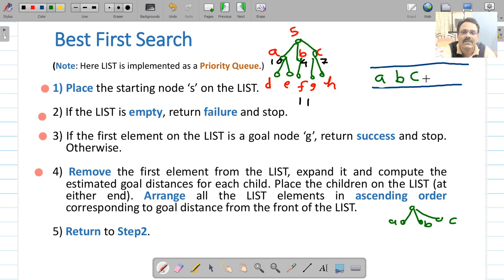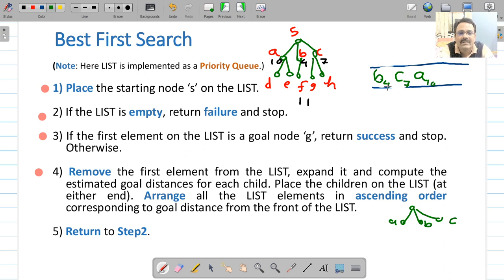So you will have nodes A, B, C along with their costs, and then you are going to arrange them according to the ascending order of the cost. Node B will come first because its cost is 4, then C, then A. So this arrangement will be B, C, A, because the cost of B is 4, cost of C is 7 and cost of A is 10.